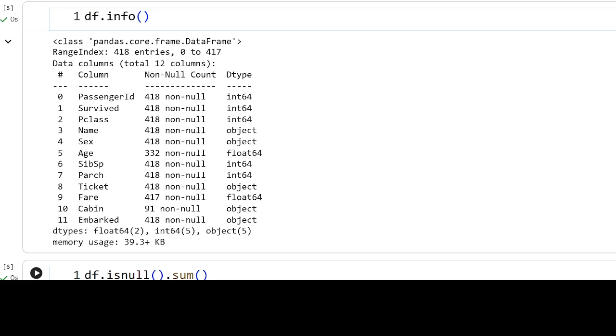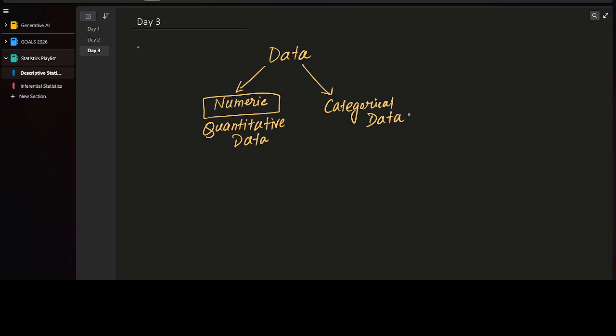Object type data means categorical data, or in other words qualitative data. Qualitative data means data which shows you some quality. So quantitative data examples are any numeric data, like number of students,